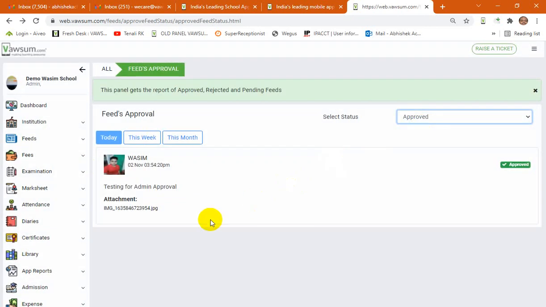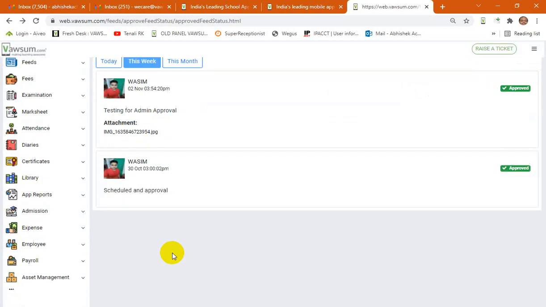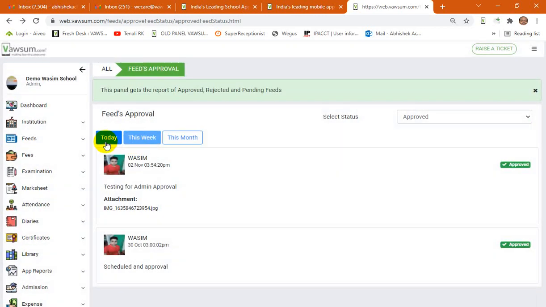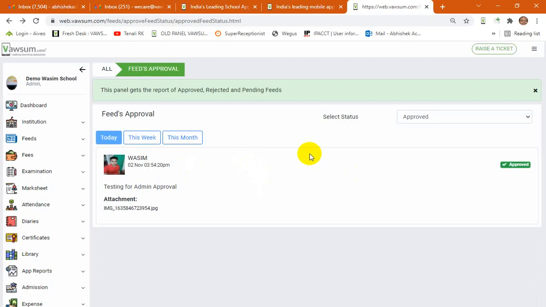But it will not show here immediately under approved. Why? Because that feed got scheduled for a specific time to get posted. So that is the reason it's not showing. The moment it gets posted according to its scheduled time, it would start reflecting from this panel.